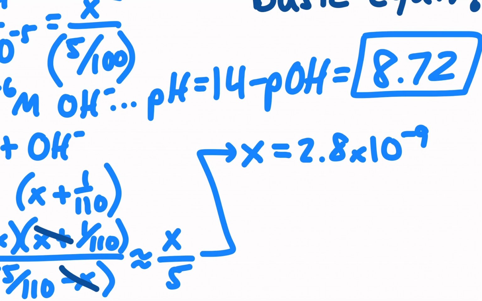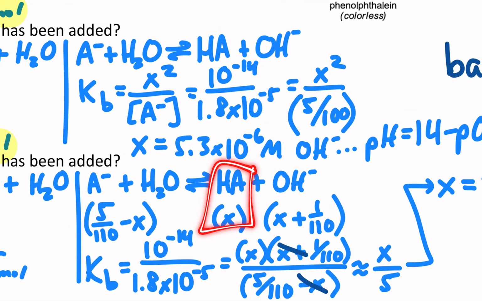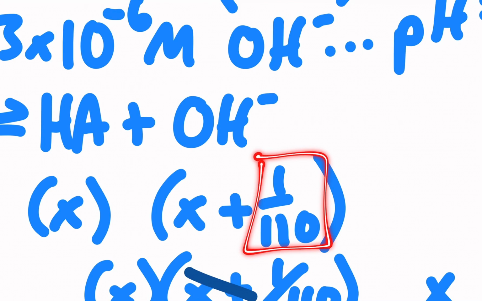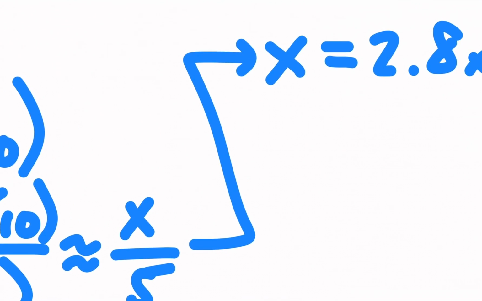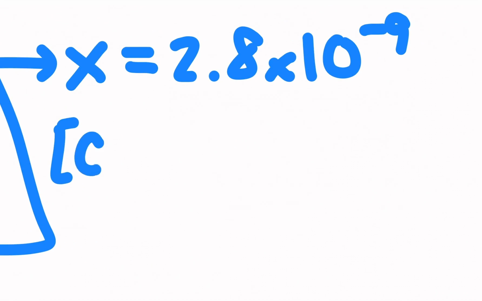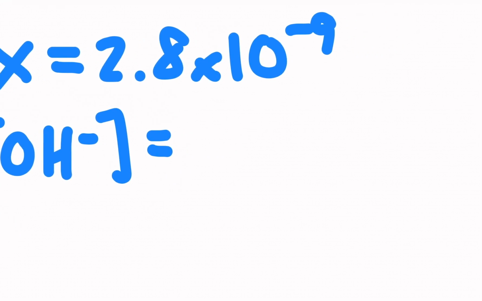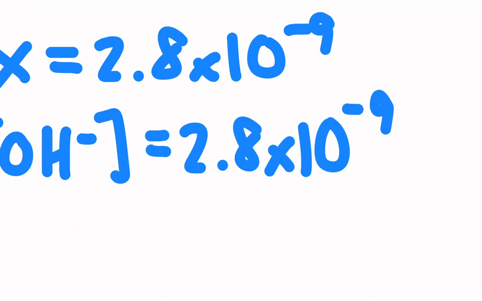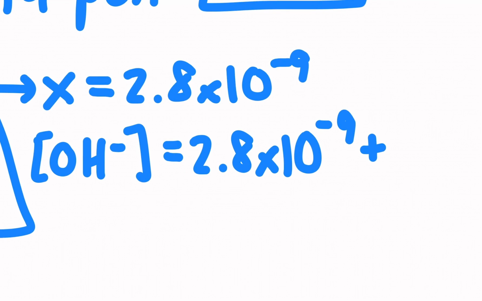Now what's X? Careful. X is HA. X is not the hydroxide concentration. The hydroxide concentration we defined as how much we already had from the excess plus whatever this new little bit is. And check it out, it's hardly anything. So the hydroxide concentration is going to be the X, 2.8 times 10 to the negative 9, plus what I had in the beginning,